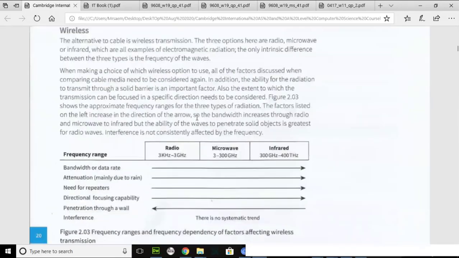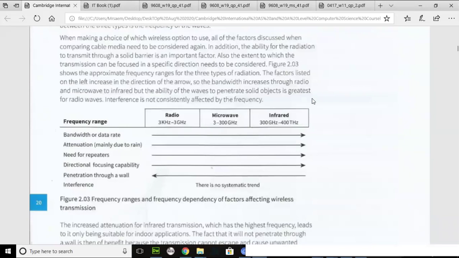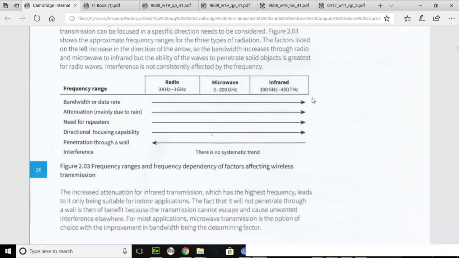If we start talking about wireless technologies, there have been various wireless technologies that have been invented and used. They use electromagnetic radiations: microwave, infrared, Bluetooth. They have been used at different instances for different reasons. But if you start comparing radio waves, microwaves and infrared, you should be able to compare them in case of evaluation. Whenever a question of evaluation comes, you need to discuss the advantages and disadvantages